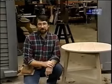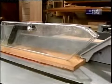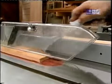I'd also like to take a moment to talk about shop safety. Be sure to read, understand, and follow all the safety rules that come with your power tools. Knowing how to use your power tools properly will greatly reduce the risk of personal injury. And remember this, there is no more